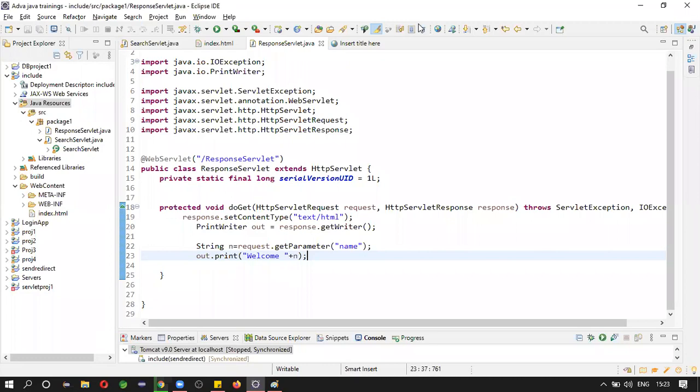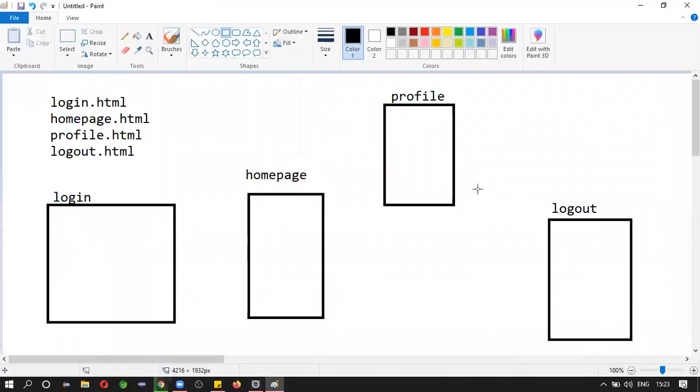Okay, so that is what we are going to do in the next session. Okay, and similarly we will see filters. If possible we will see filters, so that we will discuss some more things meanwhile. Okay, so that's it. So try to create these pages.